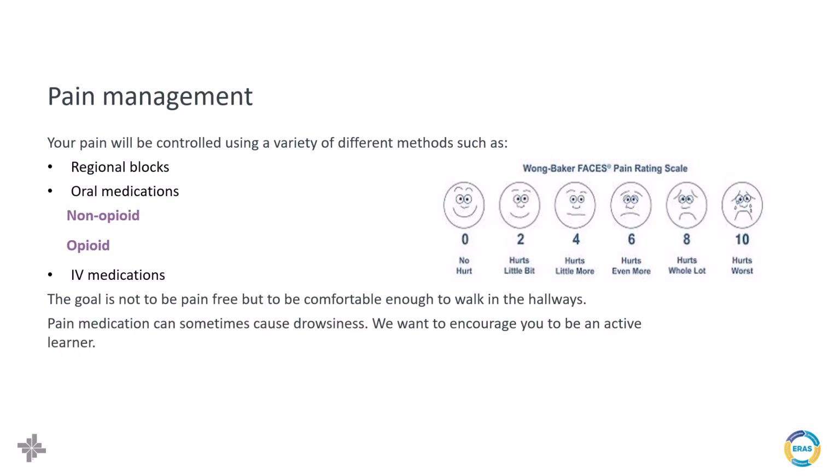Pain management is an important part of your recovery. Our goal is to reduce your pain to a tolerable level that will help you remain functional and be an active participant in your own care. The goal is not to be pain-free. After surgery, you will have some discomfort. However, the expectation is to be comfortable enough to walk in the hallways and take an active role in your